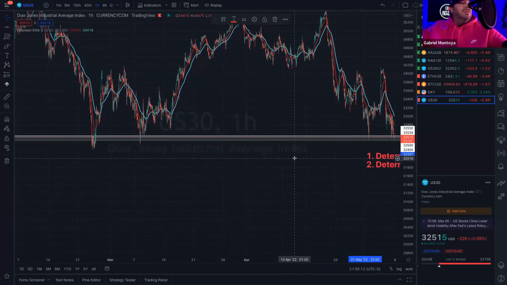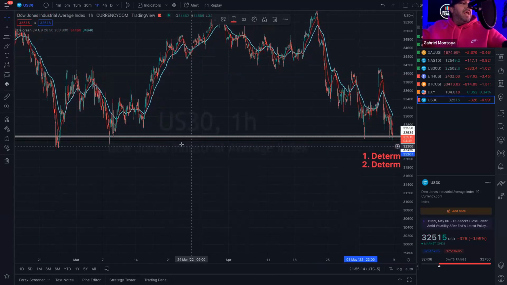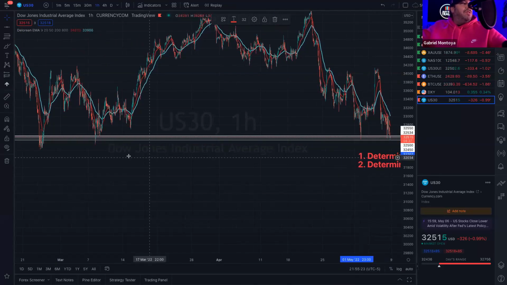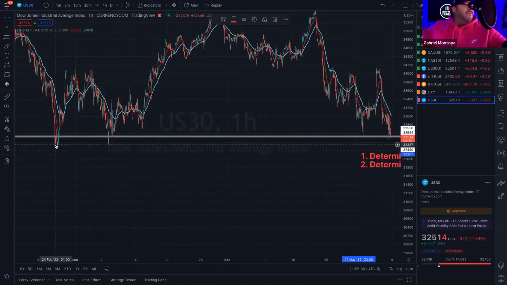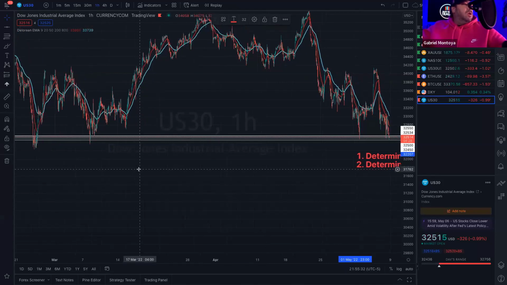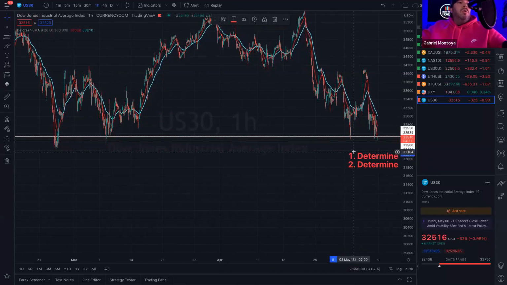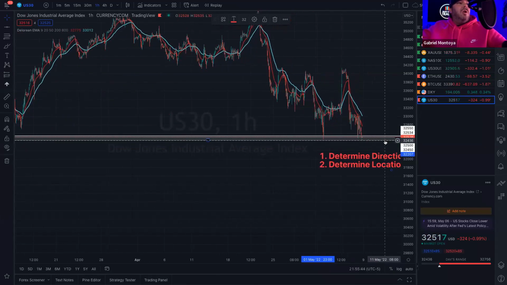She hasn't been here in months. This was May 2nd that she came back here. So she's knocking on this door to break through. But if you go all the way back here, this is March 7th, March 8th. This is February 24th. So if we break this stuff, guys, we're most likely going to continue down, or like I said, we could get into this here and then bounce back up.